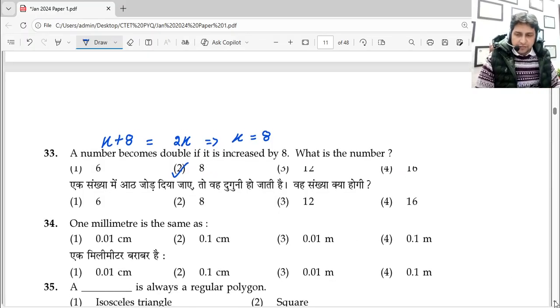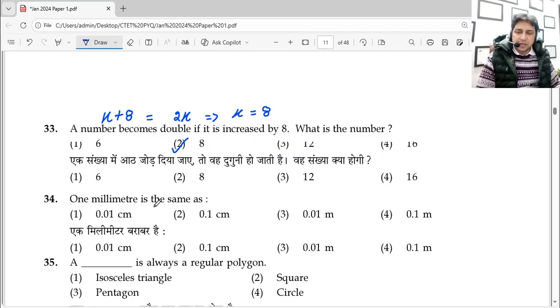The number 2, question number 34. 1 millimeter is the same as, now 1 millimeter is a unit which, if we just remember, 1 meter is equal to 1000 millimeter, 1 meter is equal to 100 centimeter, 1 meter is equal to 10 decimeter. So the options are in centimeter and meter. 1 millimeter is the smallest one. So 1 mm is actually 0.1 centimeter,